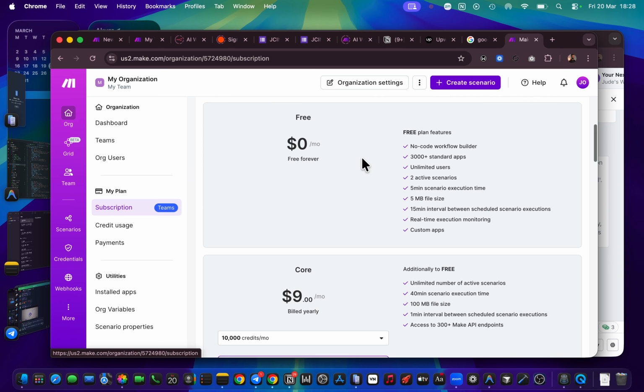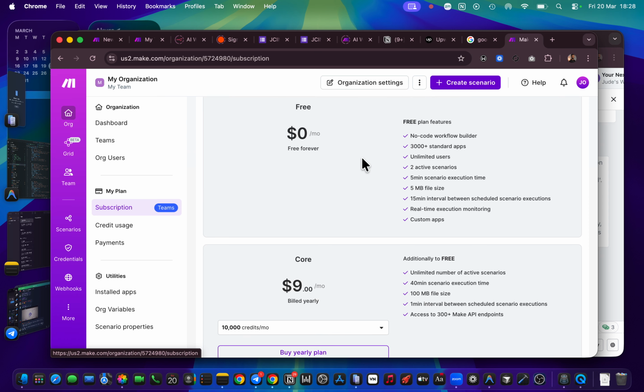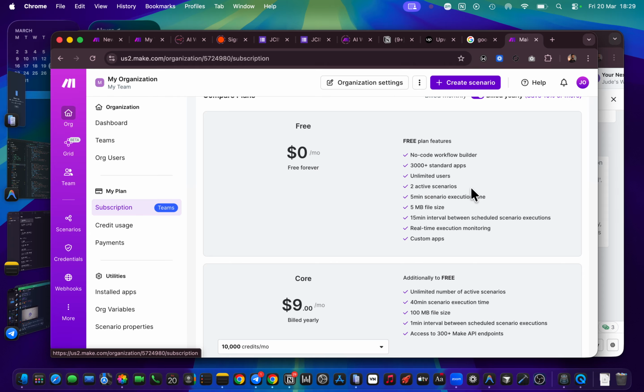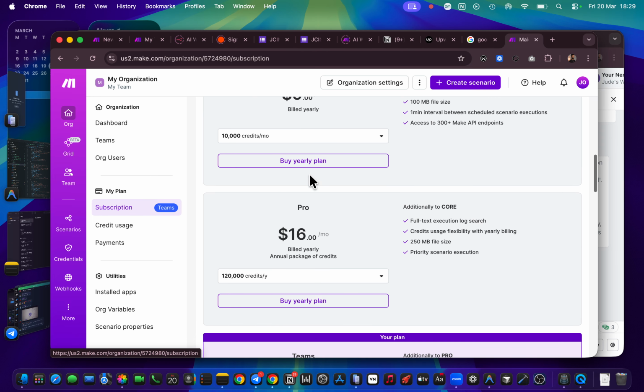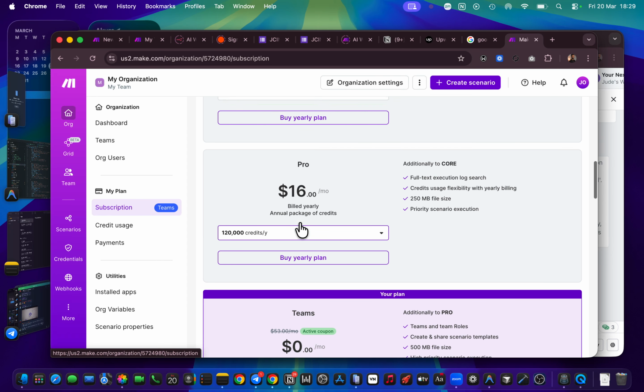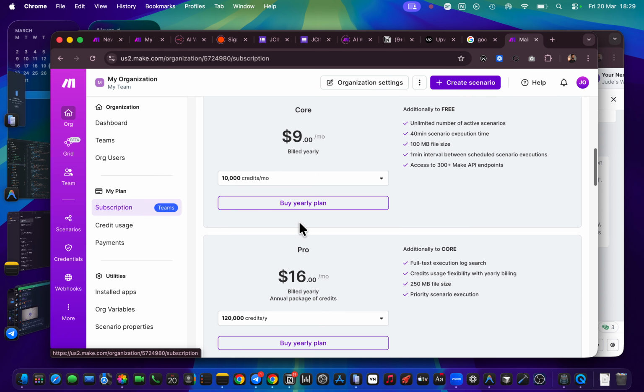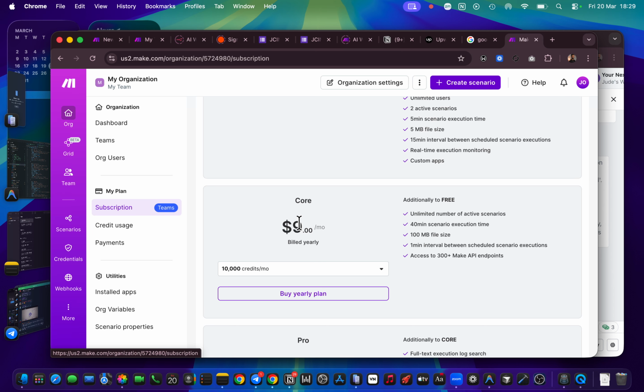These plans are very different in that with your basic plan, you can only run 2 active scenarios. Try to imagine we build 2 automations separately. That's the max you can do. But when it comes to paying for the higher plans, like core, pro and teams, you can have unlimited active scenarios.